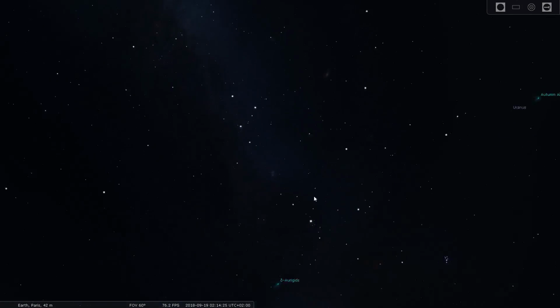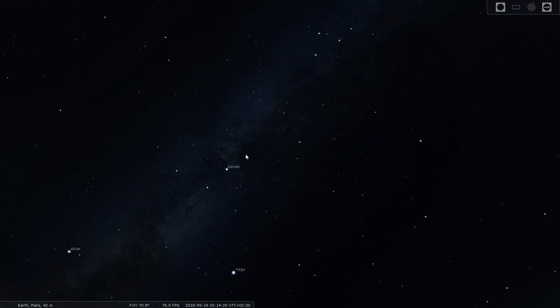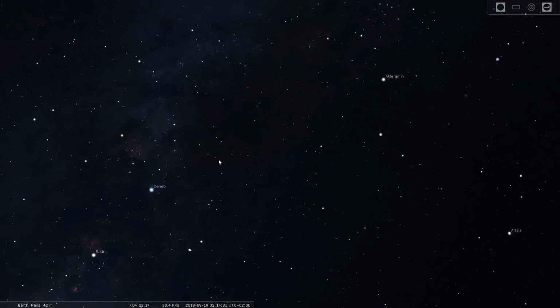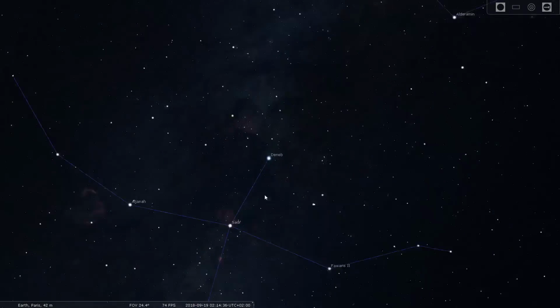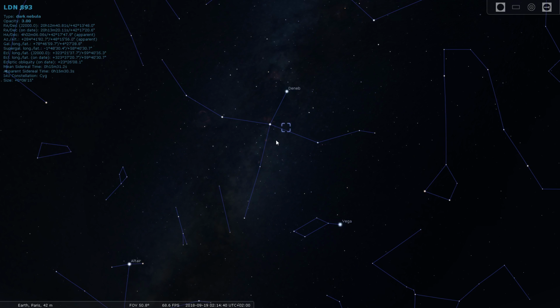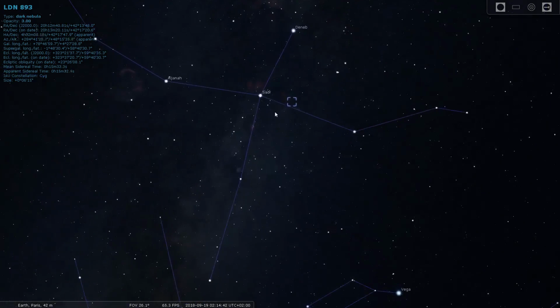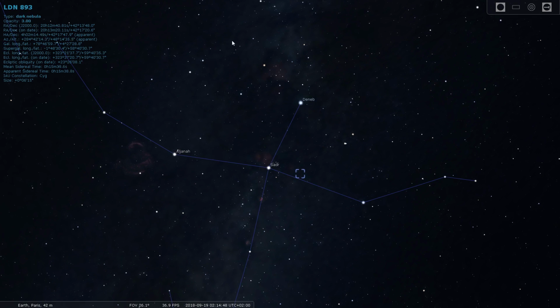So we can see here, this is a different time and day than when I shot these original frames, but we still got our target here. We're going to zoom straight in on it. If I turn on the constellation lines, you can see Cygnus is here, pretty large, right smack in the middle of the Milky Way. And there's a lot of really cool stuff, which is partly why I chose to target it in my last run to a dark site. You can see this is my framing right here, roughly, which is about the size of